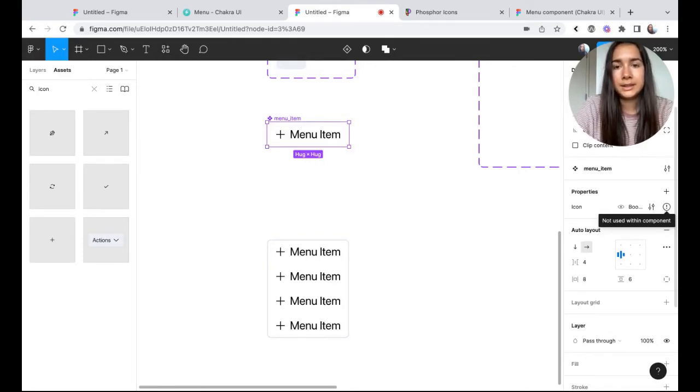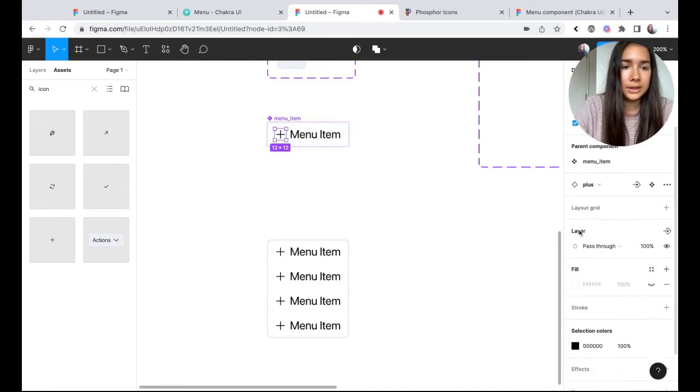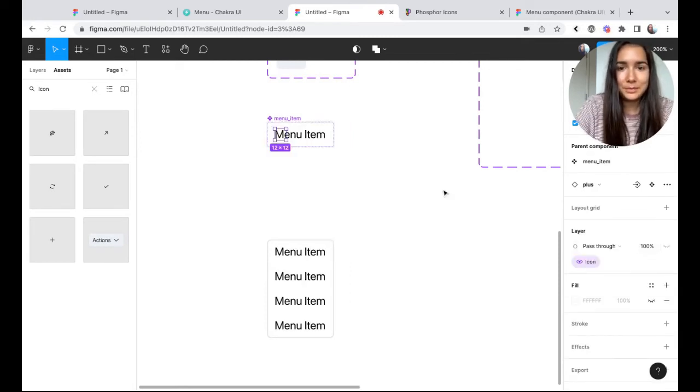And the reason for that is that we didn't connect this icon layer to the property itself. So we're going to do that now by selecting this icon and then going here over to the layer section on the right. We'll click this icon and set it to the icon property.